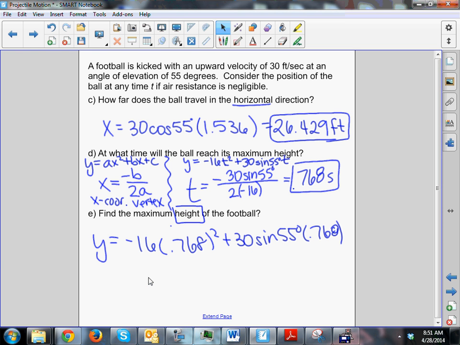And they want to know if it will be a home run. What are you going to have to find? How are you going to figure out if this person hits a home run? You have to figure out what its height was at 400 feet. Now 400 is our